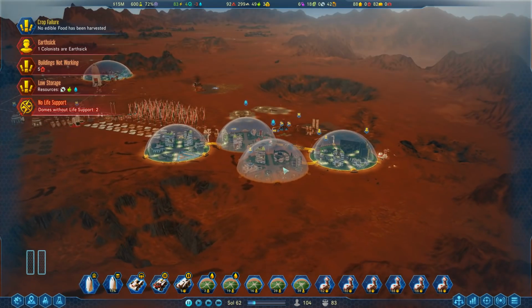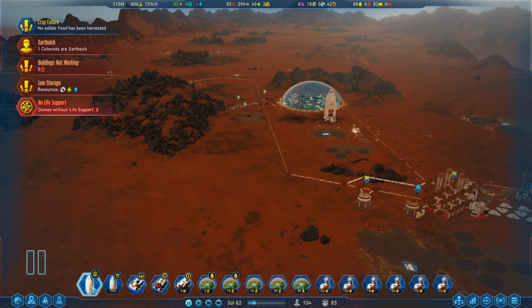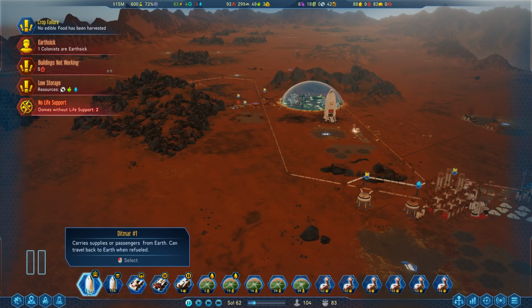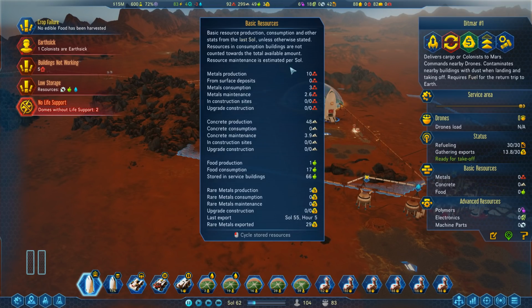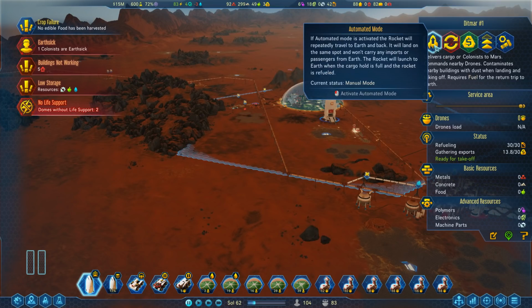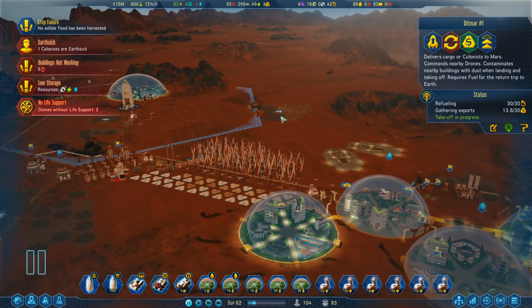Now we've got the game paused because we do still have domes without life support. We have a water production problem. And with that in mind, I'm actually going to take Ditmar number 1, which has some rare metals on it, and we are producing more. But I'm going to go ahead and say, you get moving. I'm giving the order for that rocket to launch right now, because we're not going to wait. And then,